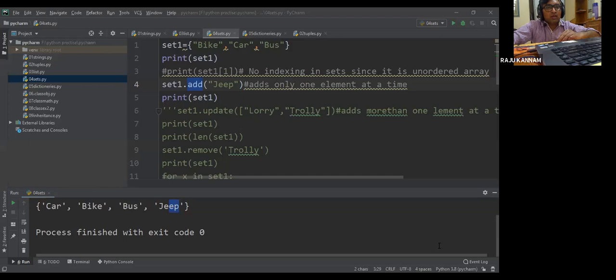Sony is asking how the order is being changed and how to fix the order in the program. That is the behavior of the set, and if you want to maintain the order, you can use a tuple or list. Why think about set? That is the behavior of the set. In your application, if you want to save some elements and their order is not important, I'll save it and randomly I will take it out. If that is the scenario, in that case you can use a set, right?